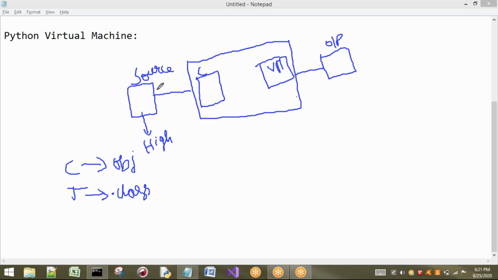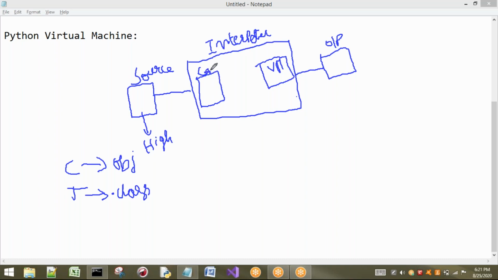Initially, the source file is there. That source file will be sent to one unit, which I will directly call the interpreter. I will show you the diagram once again. Inside the interpreter, the first thing it does is compile.